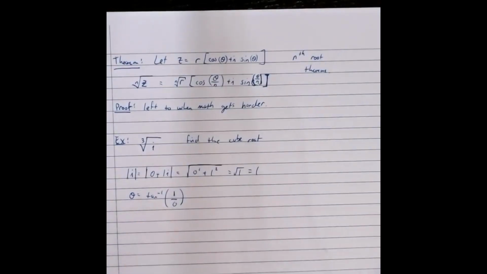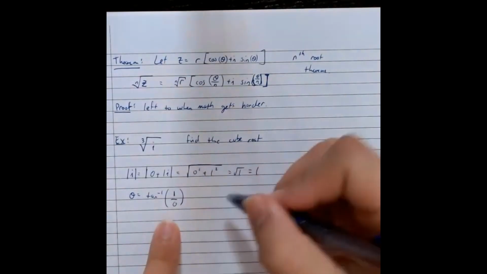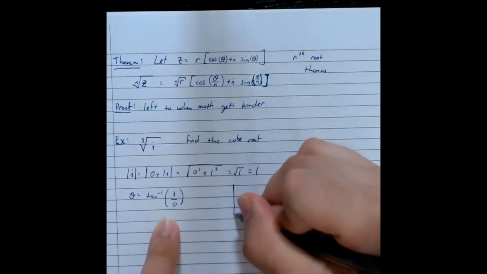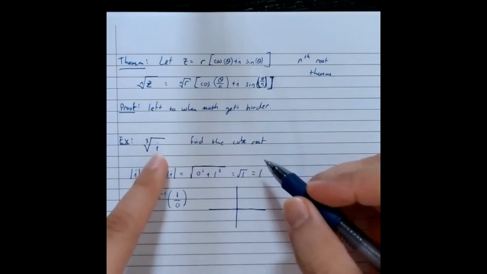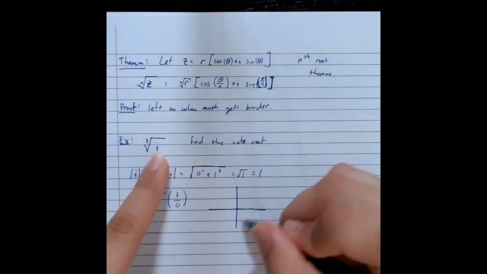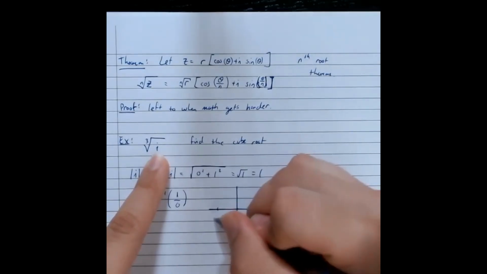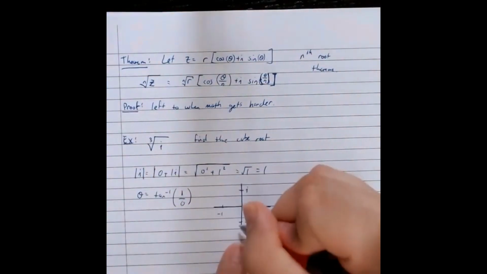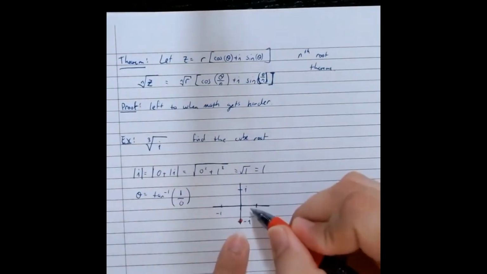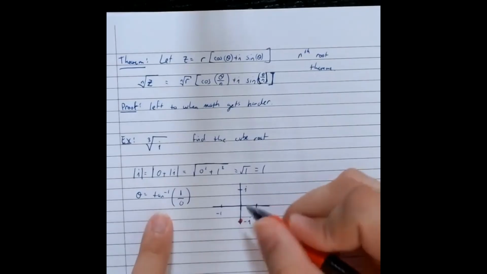Well, sure you can, because remember, the tangent is undefined whenever you're at one of the asymptotes, either positive pi over 2 or negative pi over 2. In fact, this might be better done if you look at the graph on the complex plane. I is simply straight up, right? Here's 1, here's minus 1. Here's I, and here's minus I. Minus I is this point right here. And if you notice, that is 1 unit away from the origin, but in terms of an angle,